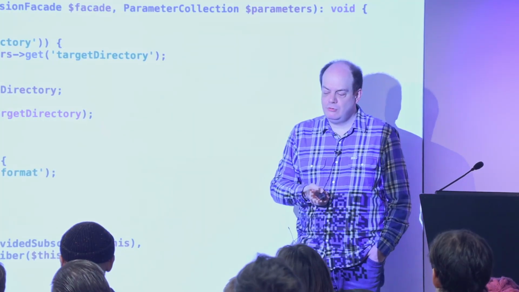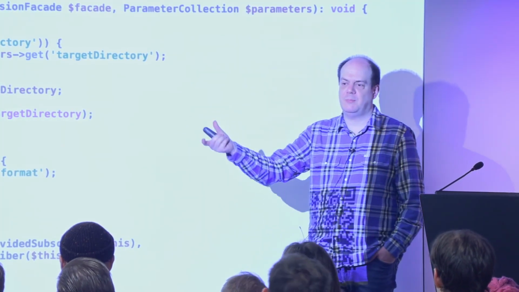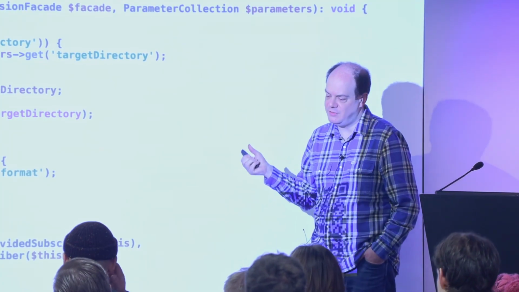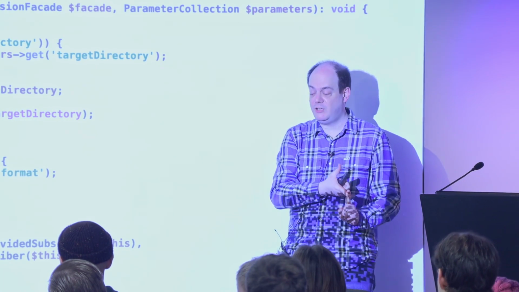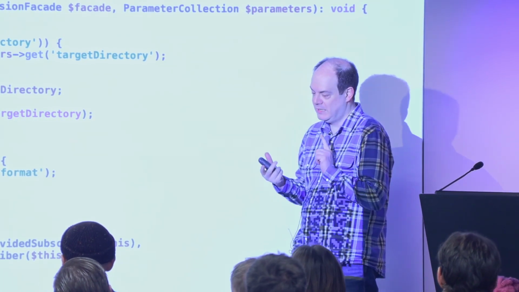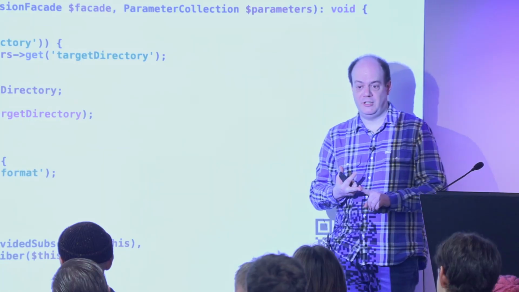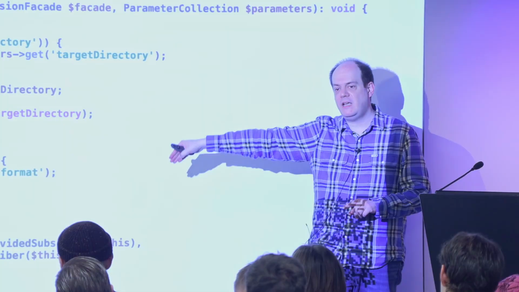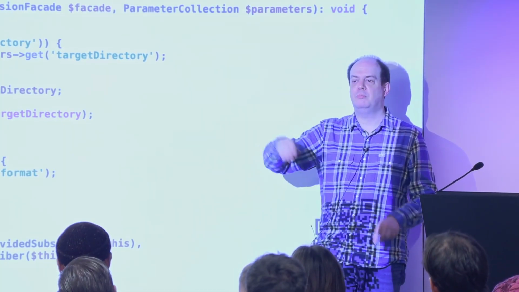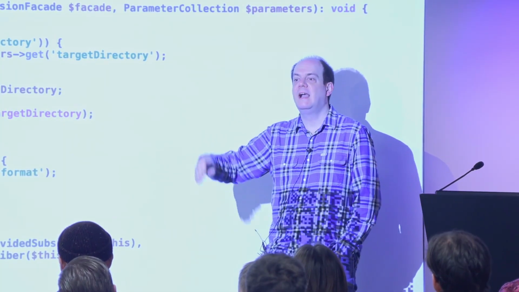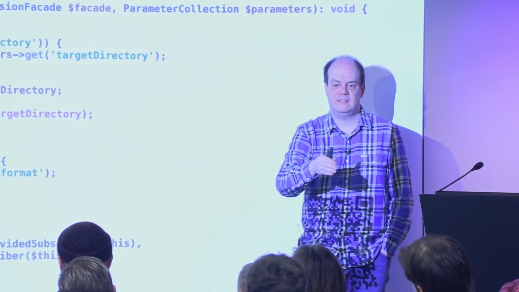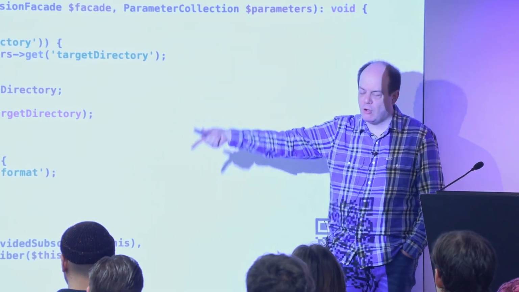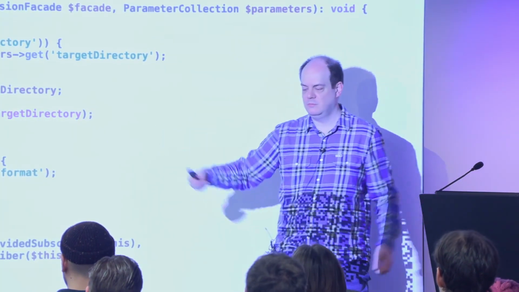And then we register two subscribers, and a subscriber is something in your extension that subscribes to events from PHPUnit's event system. In this case, we are interested in additional information provided, and test runner finished. Test runner finished is the event that, not at the very end of test execution, but at the point in time when PHPUnit knows, okay, I have executed all the tests that are supposed to be executed, and you can hook into that because then you have all the information that you need, and then you can just